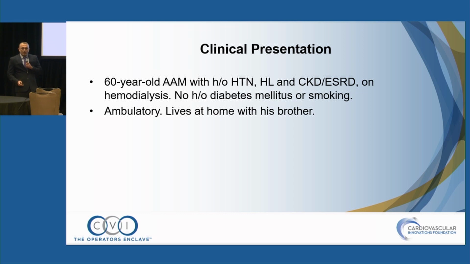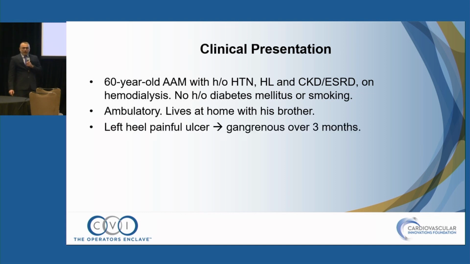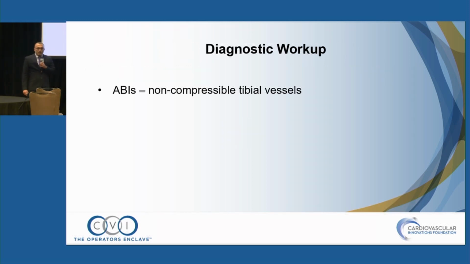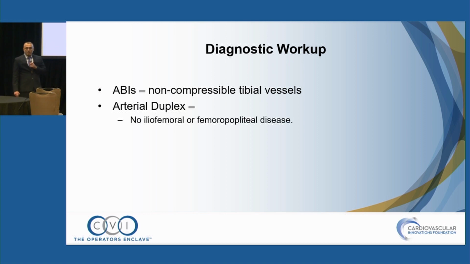So it's a 60-year-old male, end-stage renal disease, no diabetes or smoking history, very functional guy, ambulatory, lives at home with his brother. And he had a painful heel ulcer that went on to become gangrenous over 3 months. He was initially seen by us, we did a duplex, found pretty bad disease, and then said, hey, look, this is likely to progress. He kind of vacillated, was lost to follow-up for a little bit, came back when the wound got worse. So he had ABIs, non-compressible,